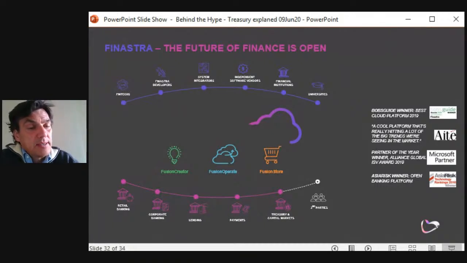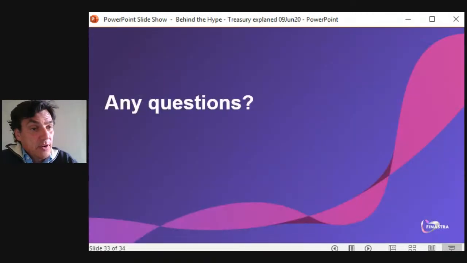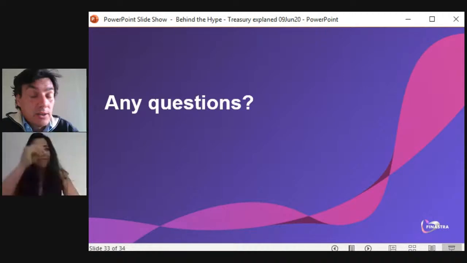Everybody can develop APIs and make sure that they can link all systems, or treasury systems, with other applications, so we can access the new services provided by the fintechs. So this is the evolution of the treasury. Despite the fact that I said at the beginning that the treasury is more or less the same in every country, it evolves at different rates, and we are opening ourselves, and we are opening the world for the banks, now for the treasury. And so that's it for my understanding of the treasury.